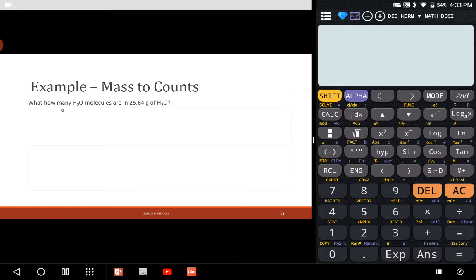The practice problem reads, oh gosh, that has a grammatical error too. So, how many H2O molecules are in 25.64 grams? Making a note to myself about the grammar. Okay, so we are given